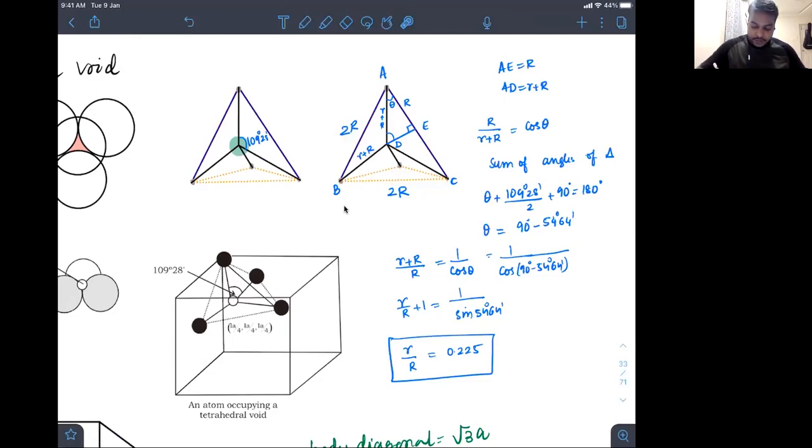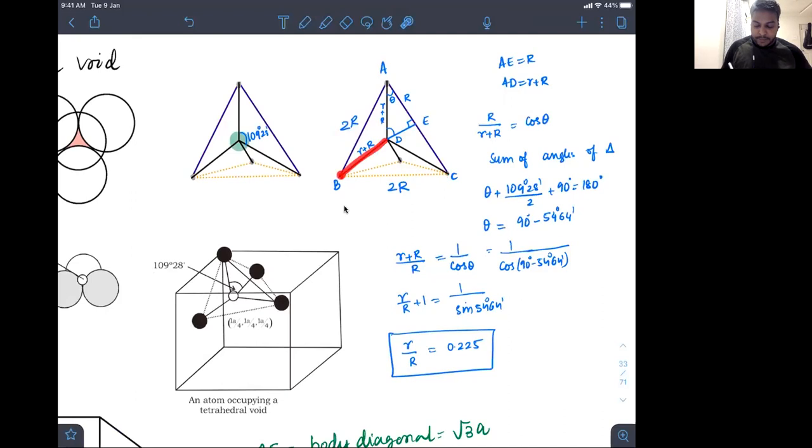And this distance is also 2 capital R, because that is how the tetrahedron is forming and they all touch each other. So I would have this as small r plus capital R, small r plus capital R, and this would be 2 capital R. So you can see this is an isosceles triangle. And in an isosceles triangle, we make an angular bisector, drawn with a perpendicular to the AB line or AC line. And we know the angle of a tetrahedron, right? The angle of a tetrahedron is 109 degrees 28 minutes. And this bisector is cutting exactly half of that.